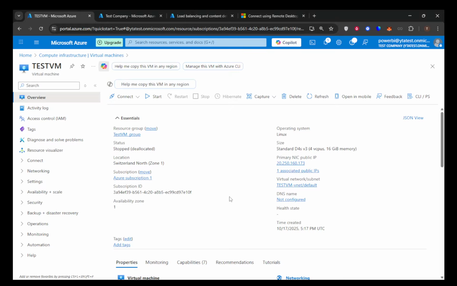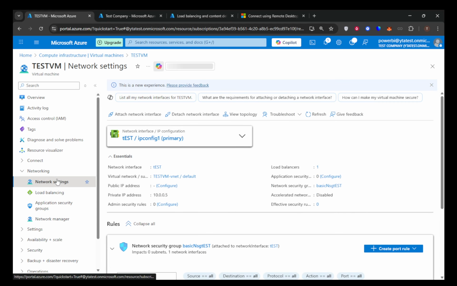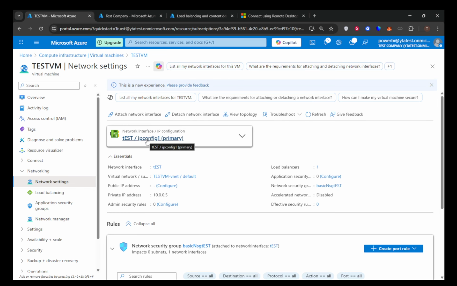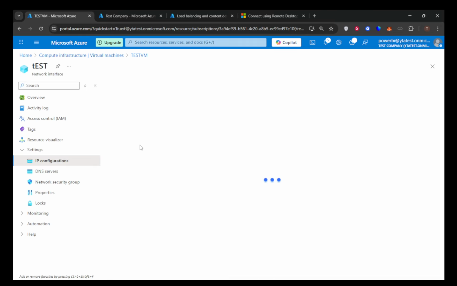In the same virtual machines area, select Networking for the specific VM. There, expand the section pertaining to the VM's network interface, commonly abbreviated as NIC. Under IP configurations, you'll be able to confirm if a public IP address is truly associated with the network interface